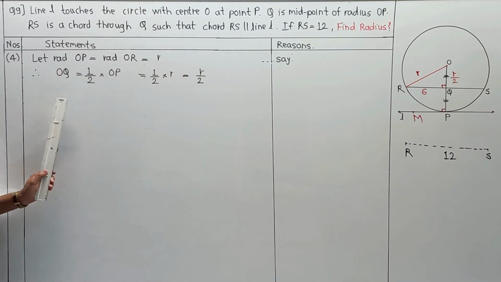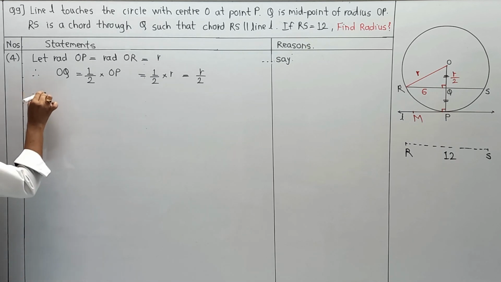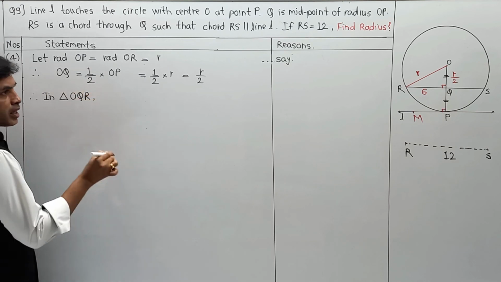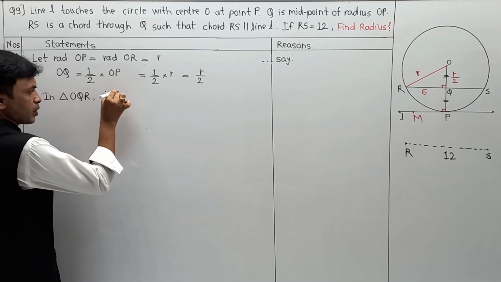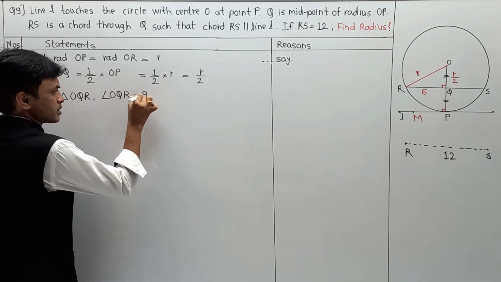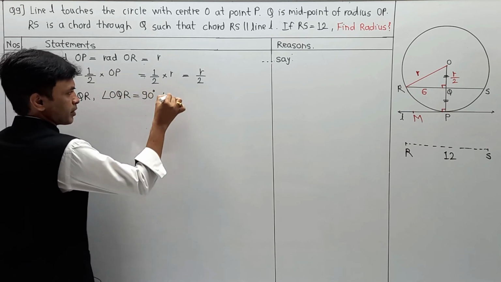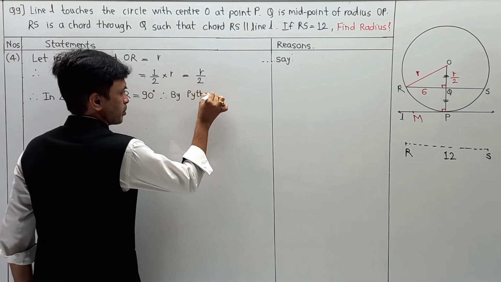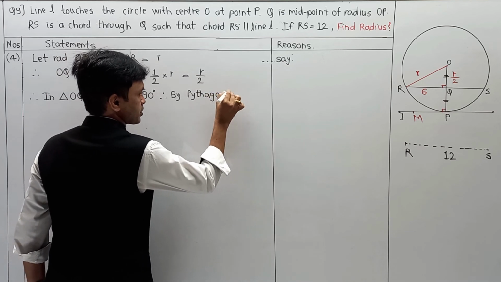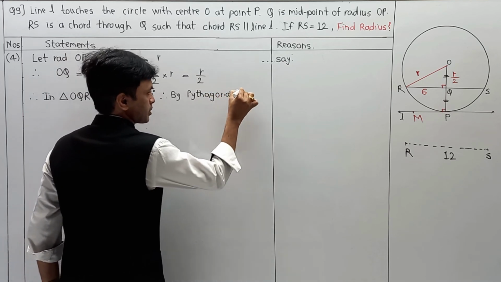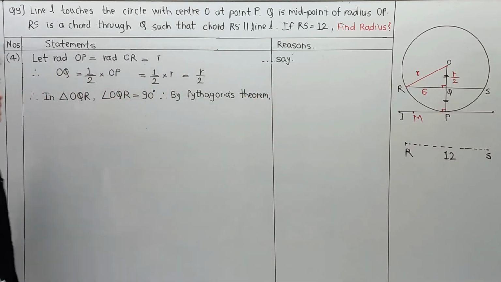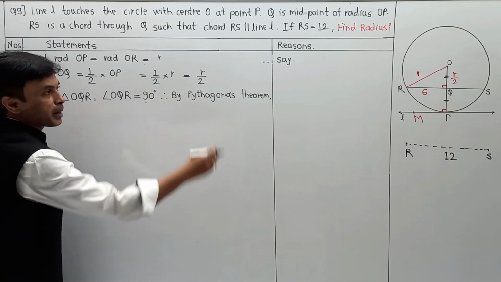Now the third part: in triangle OQR, angle OQR is equal to 90 degrees. Therefore, by Pythagoras theorem,